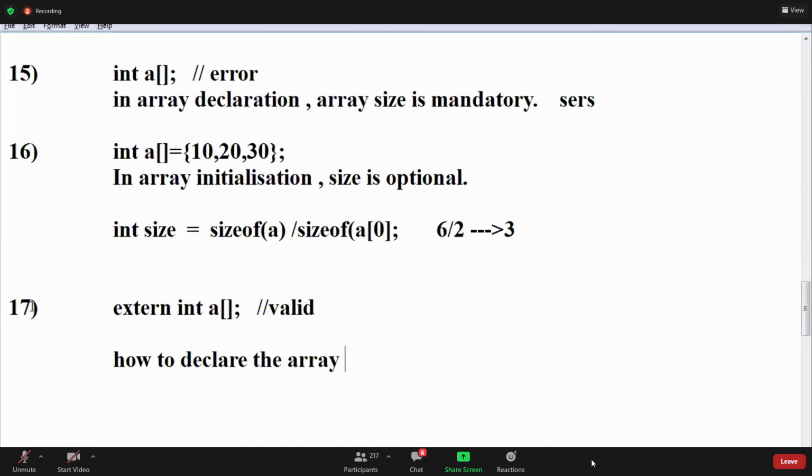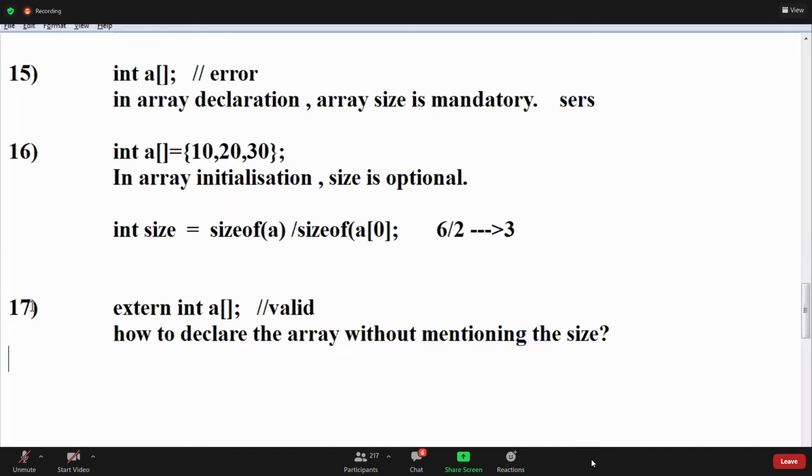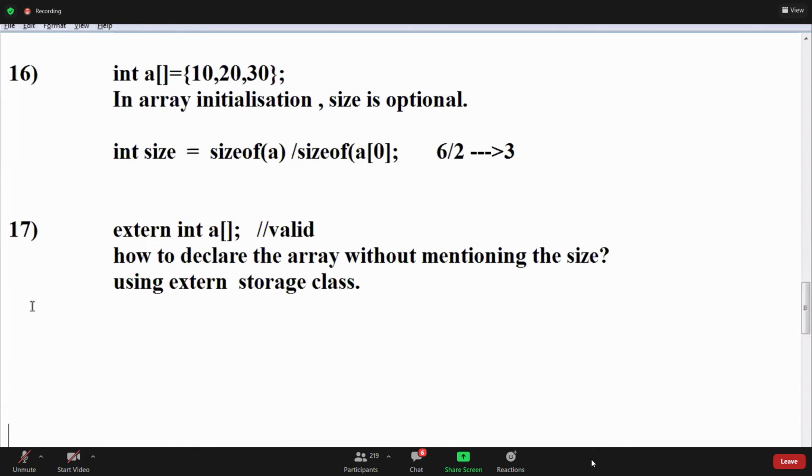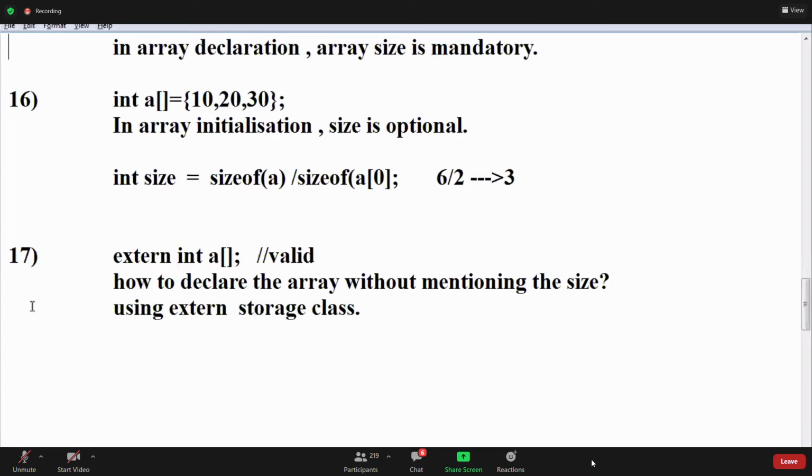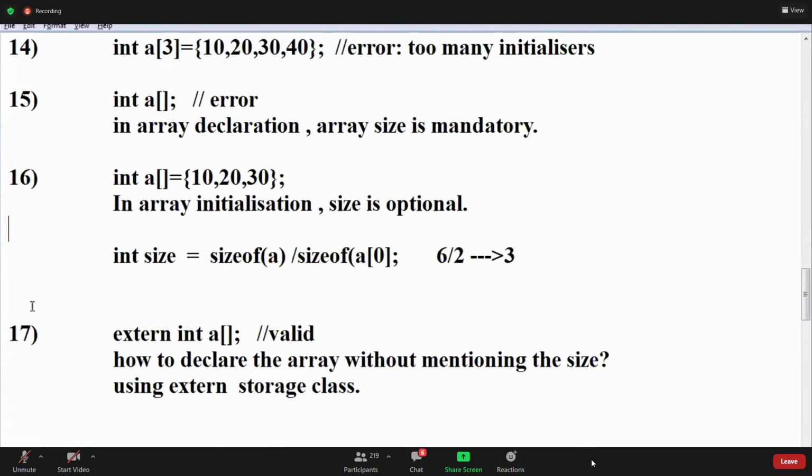This is a declaration using the extern keyword. This is called a storage class. Using extern storage class, guys. Okay, the 17th one is this. Clear, guys? This 15th, 16th completed.